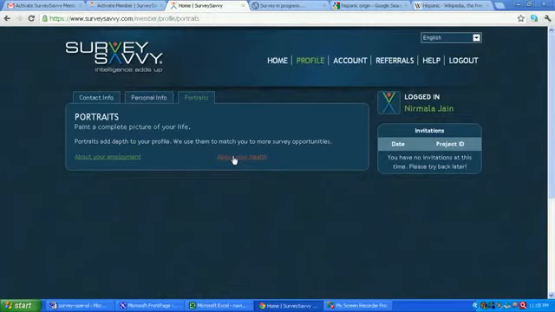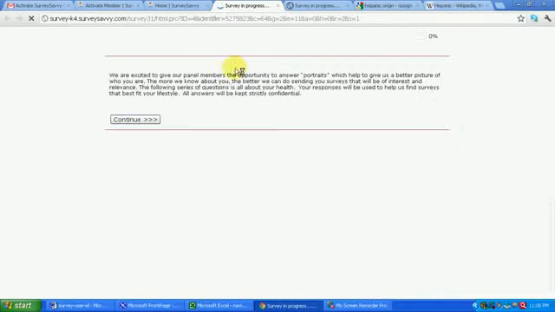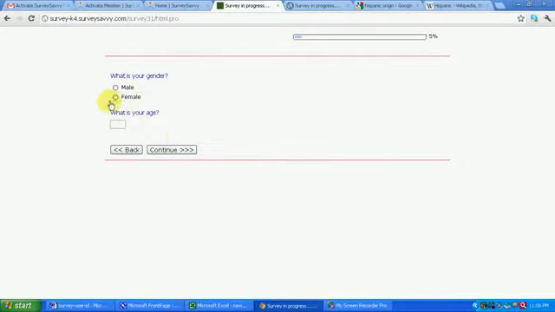And then one more thing is over here, about your health. You can see a survey in progress. So you can again go over here. You can fill up basic things. What's your gender? What's your age? Let's say I had filled a profile of female. The dummy profile was of a female. Let's say female, age 33. Let's say continue.